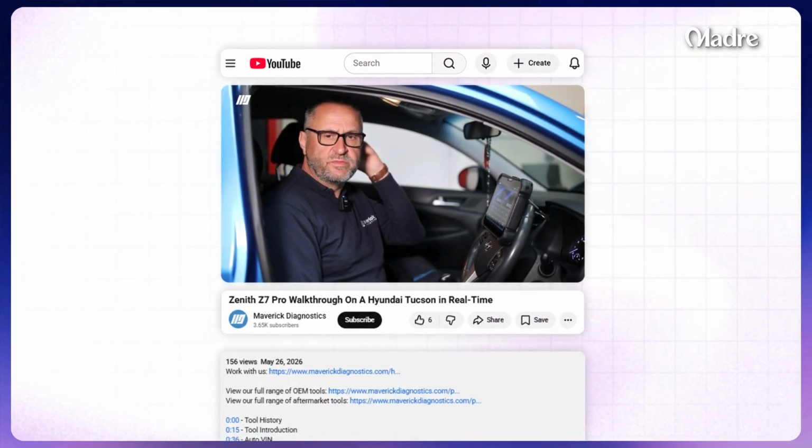Now, that there is a great example of how a CTA actually works. So what you then need to do is create your description to also convert, because as much as your CTA may have been compelling, you now need to make it very easy for them to click and go and engage with your brand. So we actually have a framework for the description as well.